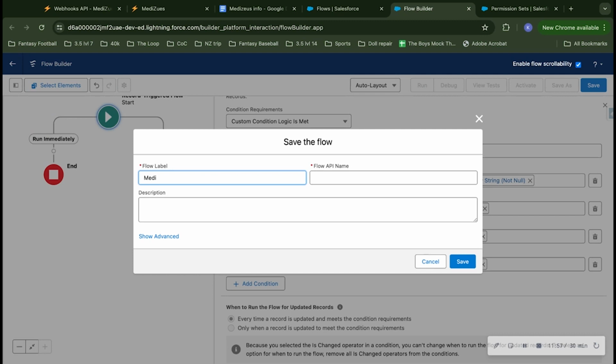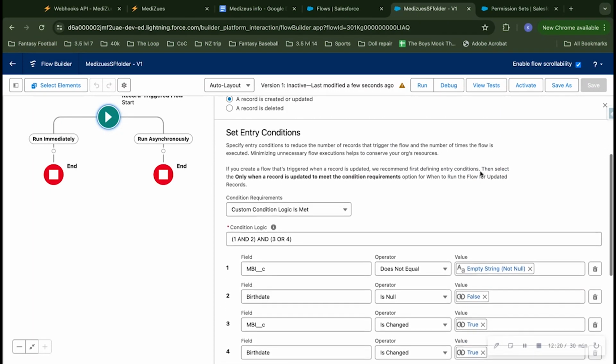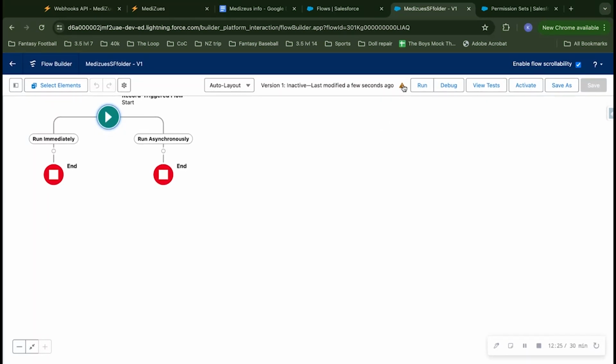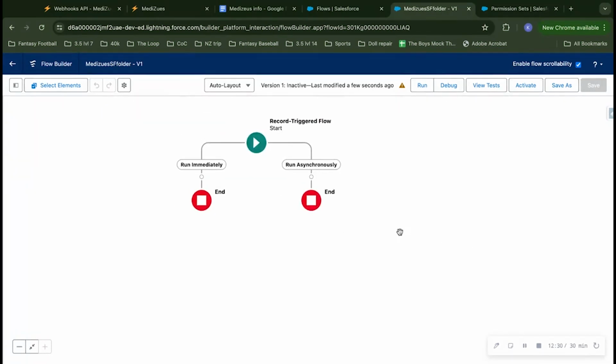Okay, so we're going to call this one MediZues Salesforce folder. And this is where I might include a quick description so that I know which folder I'm sending this back to, etc. So I'm going to click save here. Cool. All right. Click X here. And then,